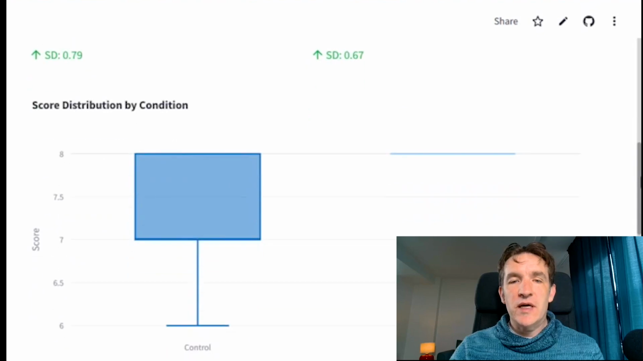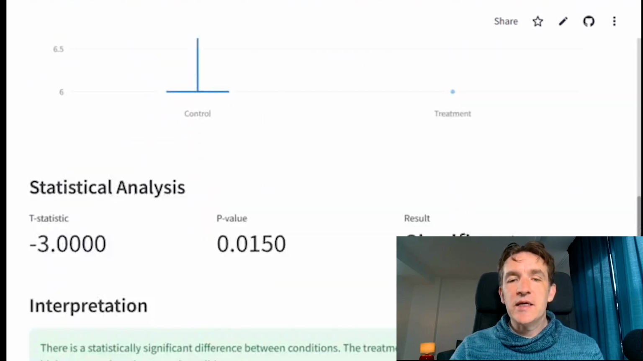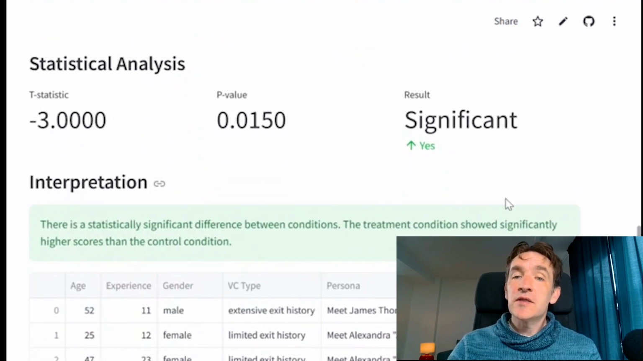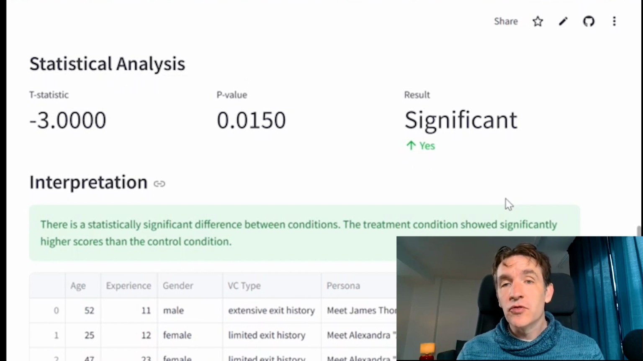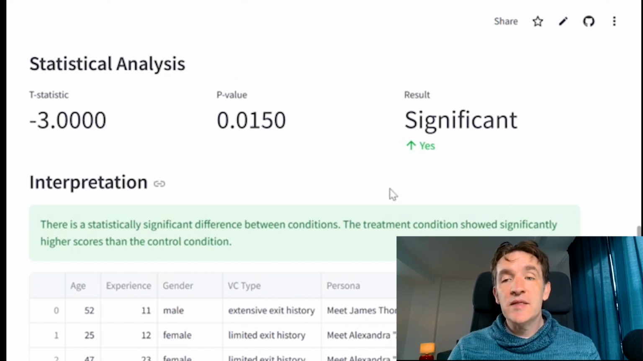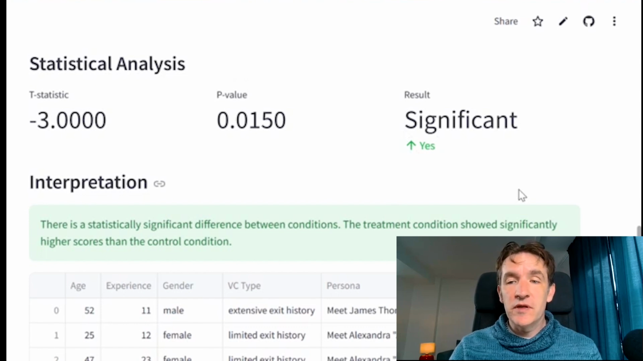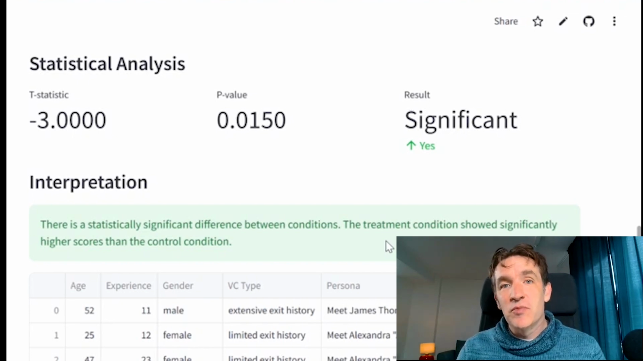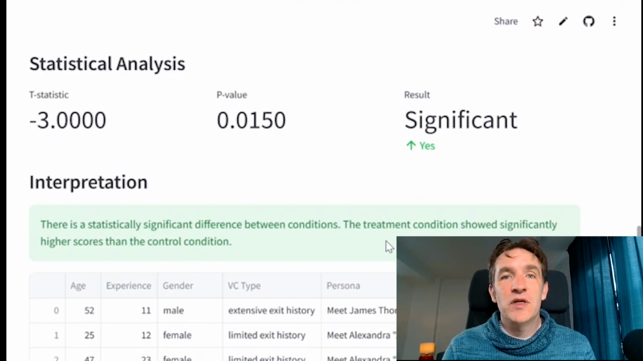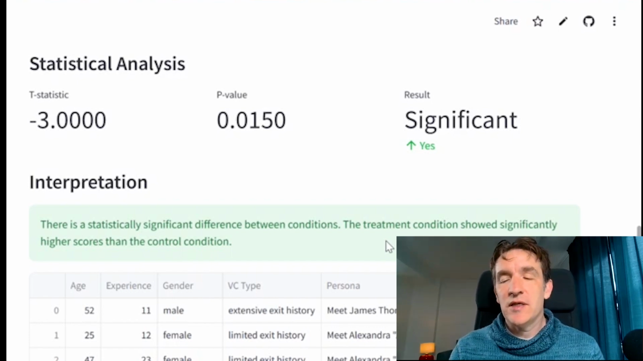Here we get even a box plot. And here it will do a statistical analysis, seeing whether there is a statistically significant difference between your control and treatment condition. And in this case, there indeed seems to be a significant difference. So the treatment condition, as we expected, so if you have a description where the founder has much more experience, then on average, VC investors will be more likely to invest in you. So that's not a big surprise,